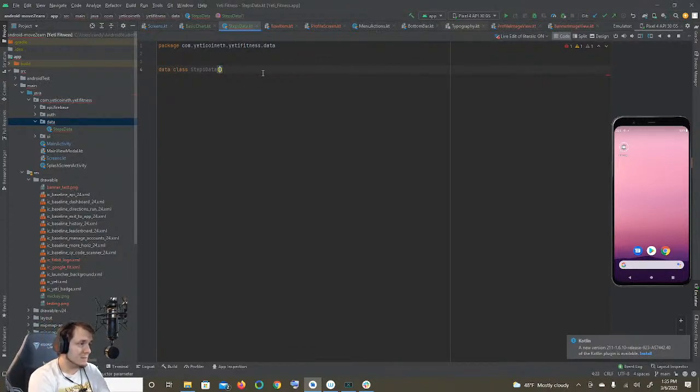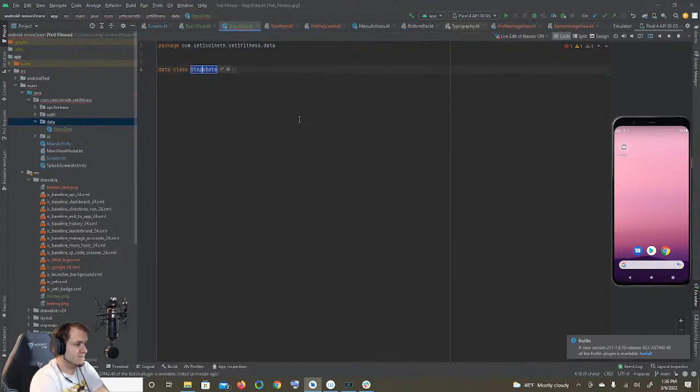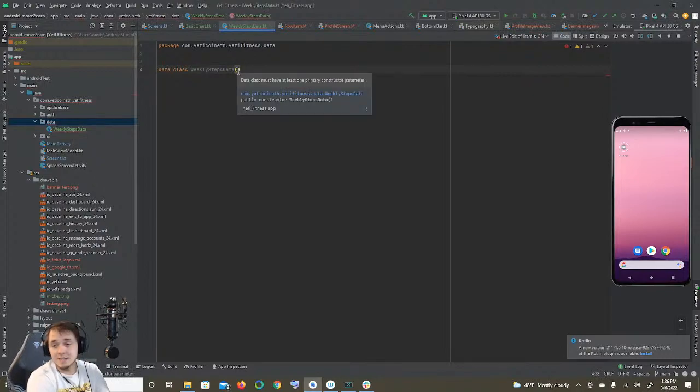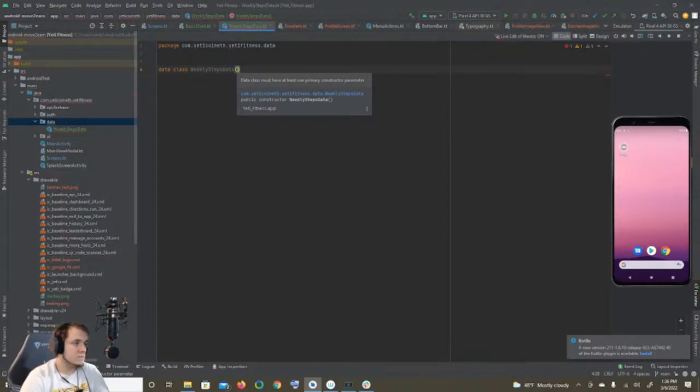And inside the step data class, basically all the data that we need. Let's do it for the week. Yeah, let's refactor this, rename, and we're gonna call it weekly steps data. Weekly steps data. This way we can cut it off week by week. We could technically go further than that and have a daily steps data, but for now I think weekly is fine. So inside here it has to have at least one constructor, and